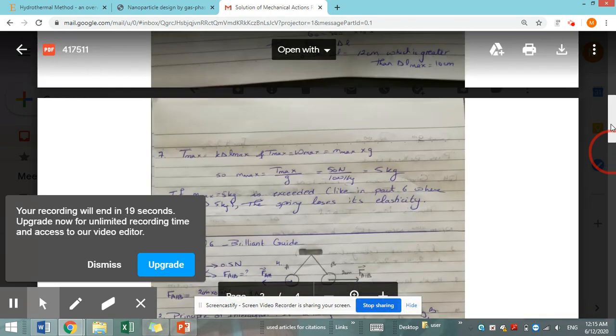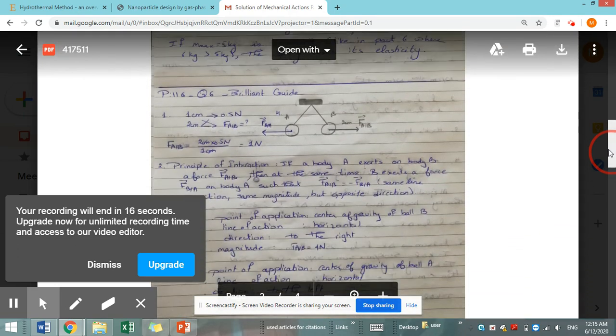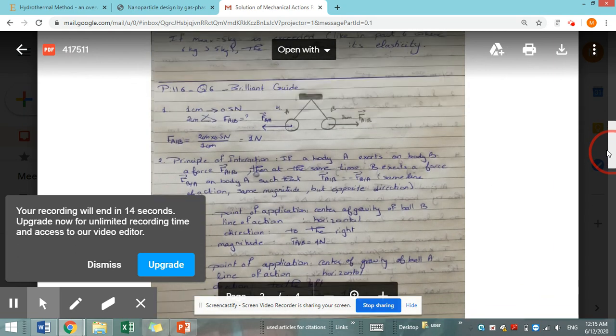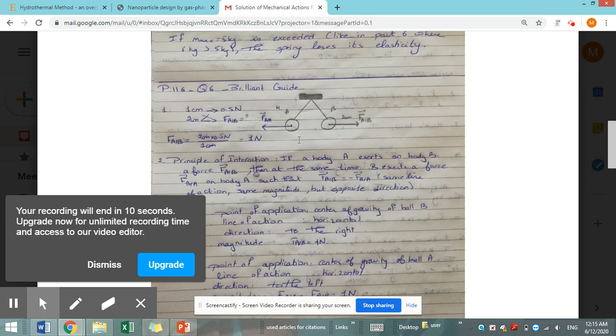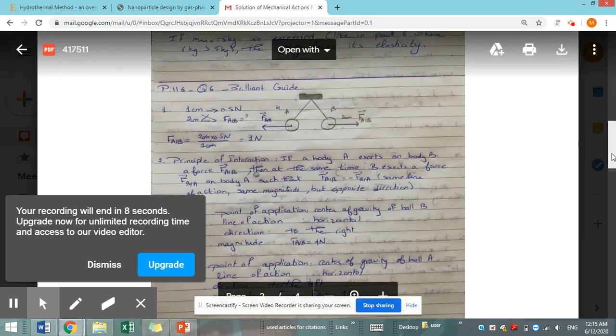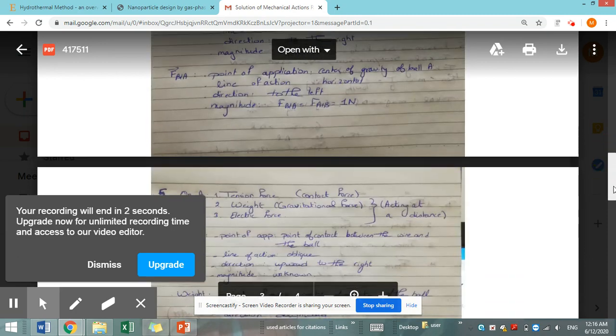Now talking about A alone independently, there are 3 forces acting on it: the tension by the wire, the electric force that we mentioned, and the weight. The tension is a contact force, weight is acting at a distance, and the electric force is acting at a distance. Indicating the characteristics